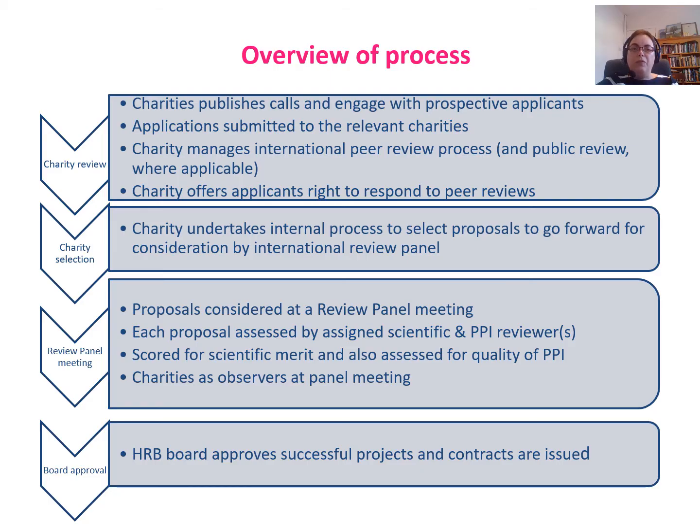So in terms of how the scheme works overall, the first phase is charity review. Charities publish their calls and engage with prospective applicants. Applications are submitted to the relevant charity, and the charity manages international peer review and public review where applicable. The charity then offers applicants a right to respond to peer reviews, and we move on to the second phase,